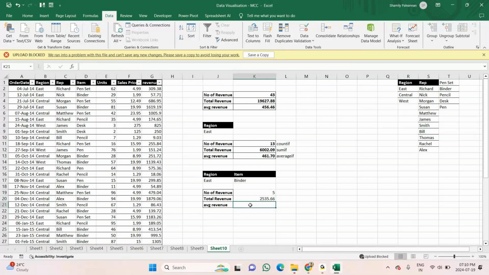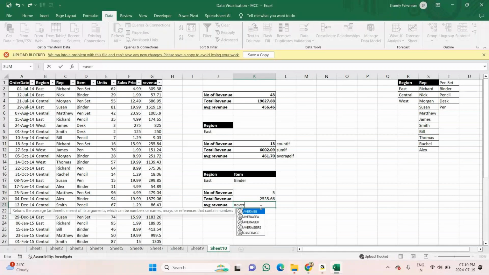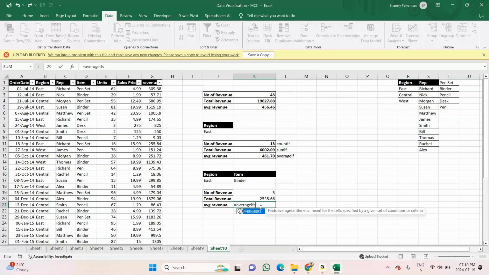Now the third one is the average value of this stock item. So equals AVERAGEIFS. Okay, so average range, again the same thing, the average of the value.